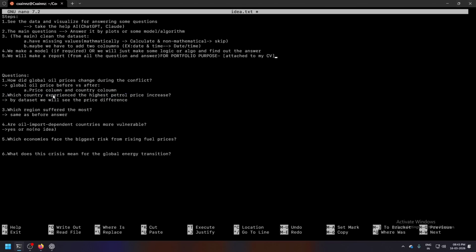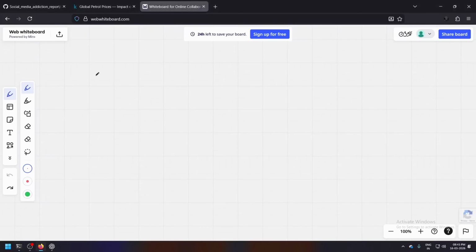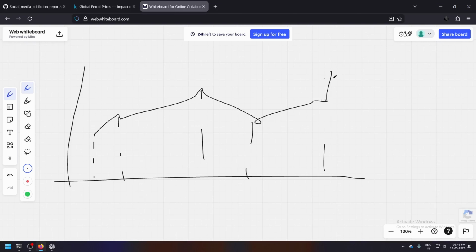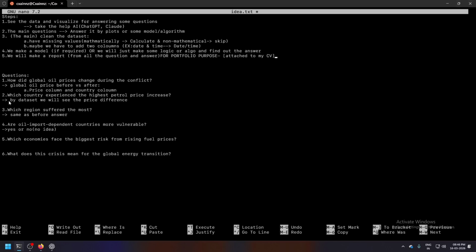So you can make this type of graph with dots, and all these points have some countries under them, and these countries can be mentioned. You can say this country and this country are the most increased in price, and from the dataset we will see the price difference and then we can plot it.